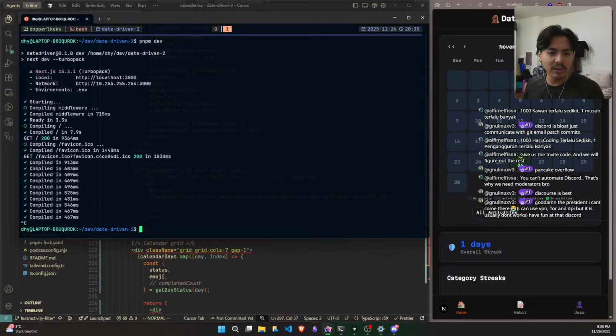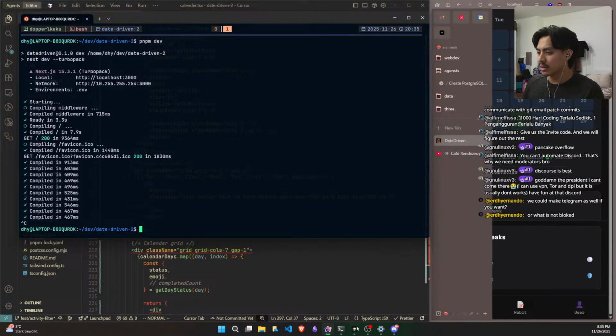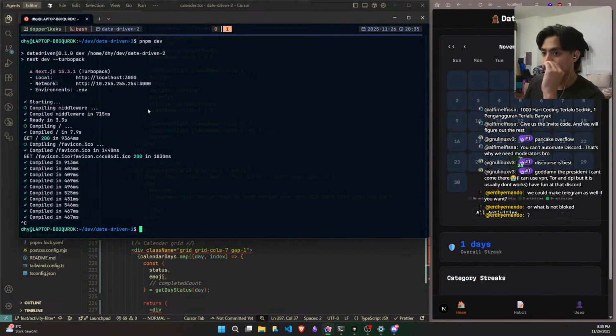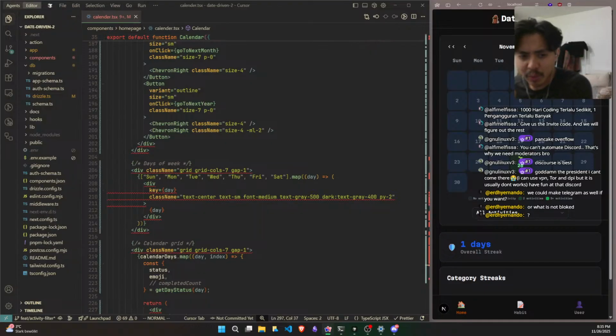We could make Telegram as well if you want. Or we can make like a WhatsApp group? What about a WhatsApp group?